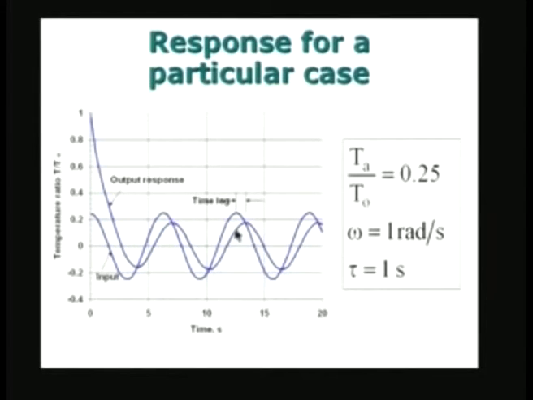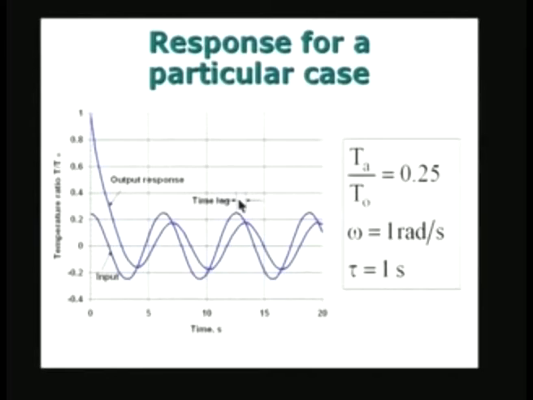become a sinusoidal as shown by this curve, and we notice that the amplitude of this curve is smaller than the amplitude of the input, and that is one of the consequences of the periodic input in the case of a first order system with a given tau. You will also notice that the input is reaching a maximum, and sometime later the output response of the system is catching up with it, and it is giving a value which is of course lower, but the maximum is shifting with respect to time. Therefore, time lag is there.